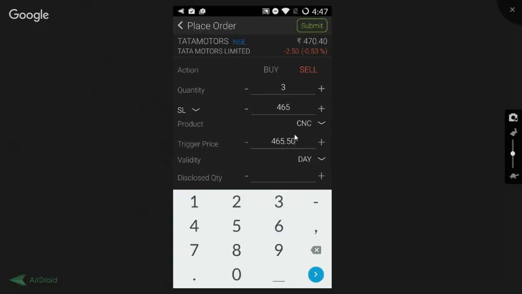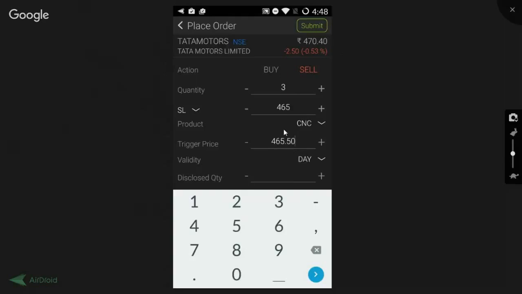So now I have given a range for my stop loss. When the market falls down, it would first hit my trigger price because it is above the price. When it hits the trigger price, my order would get activated, and then between the trigger and the price, my order will get executed. So in SL, it increases the chances of getting your stop loss order executed between this range.